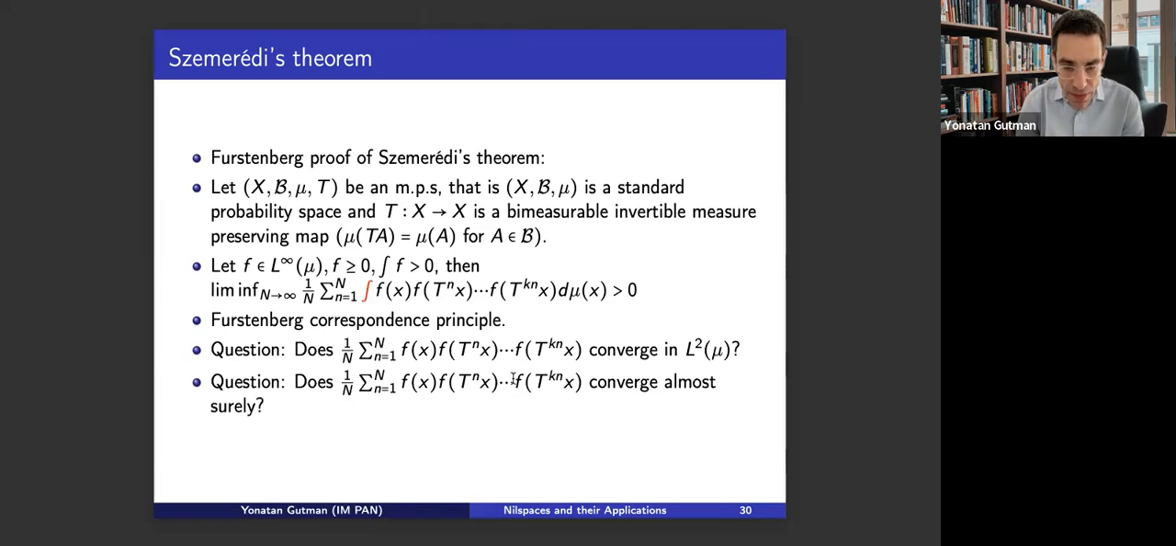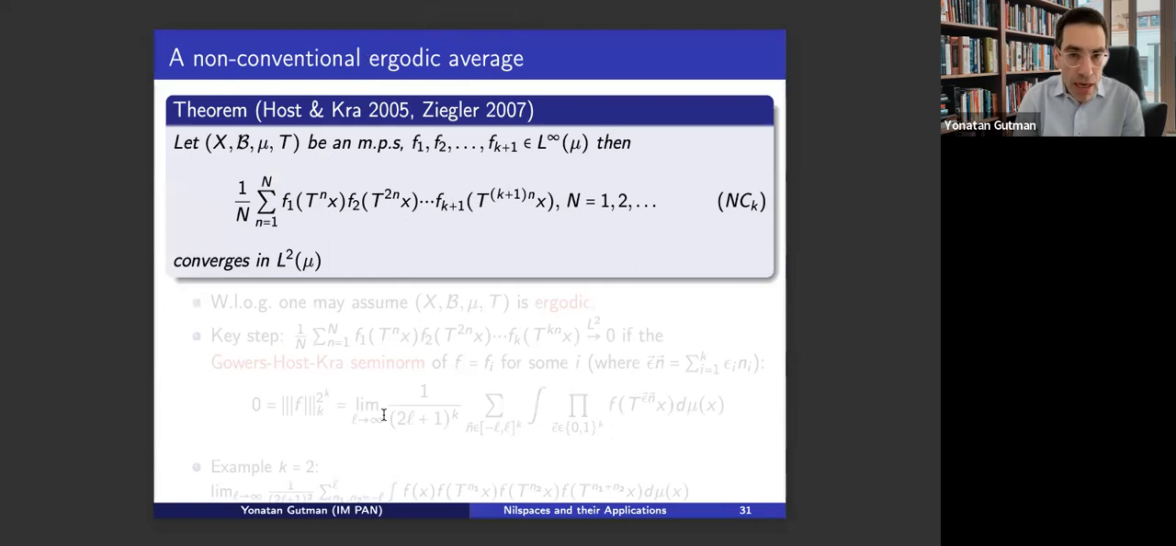Let me mention that the question of almost sure convergence for a general k of the same expression is still open. It's a very important open problem in ergodic theory. Okay, so Host and Kra in 2005, and Ziegler independently in 2007, proved indeed that this expression converges in L2. And if we want to summarize the proof by Host and Kra,